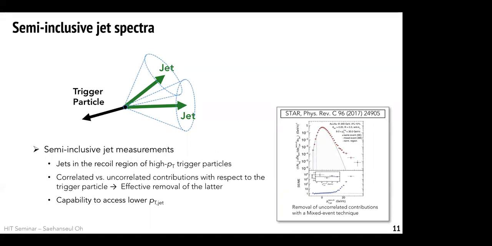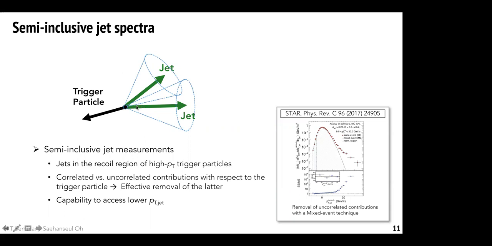When we do the inclusive jet measurements, as I said, we measure every jet in heavy ion events. But in semi-inclusive jet measurements, we measure jets in the recoil region of a high PT trigger particle. So we first find a high PT trigger particle, and in the recoil region, we just measure all jets. There are a few benefits of using semi-inclusive measurements, because